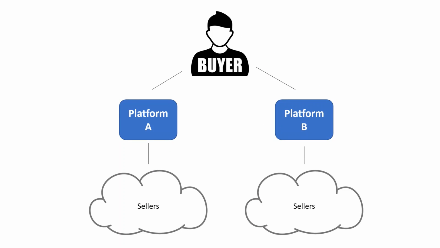The current e-commerce system is platform-centric. That means for completing any transaction, the buyer and the seller have to use a common platform or a website or a marketplace. Now, as a buyer or a consumer, if you have installed some marketplace or some application, or if you are using a specific marketplace or a specific platform, then you can search and you can purchase any products from the sellers which are registered and associated with that platform or marketplace.